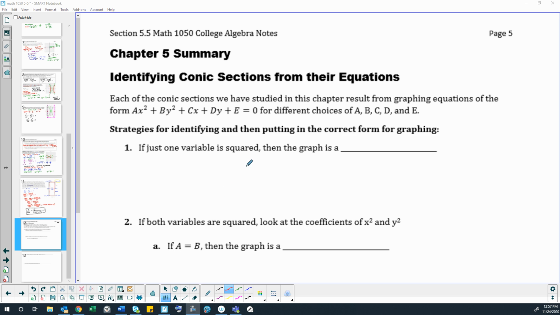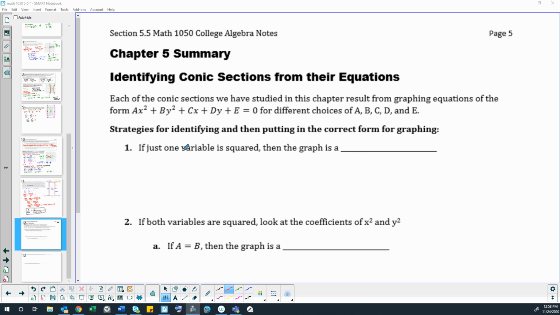Now that we're to the end of chapter 5, let's go ahead and summarize what we've learned and understand how to identify the difference between the equations and therefore identify which conic section we're talking about based on characteristics of its equation. Okay, so let's go with the general form equation ax squared plus by squared plus cx plus dy plus e equals 0 for various coefficients a, b, c, d, and e, and